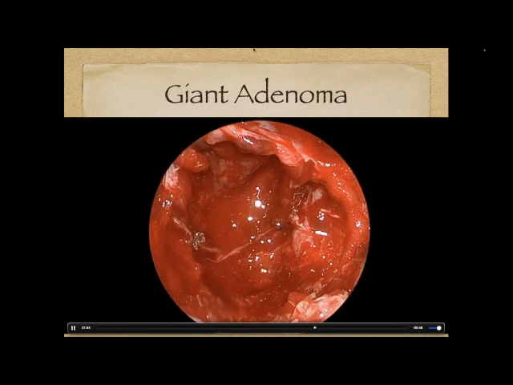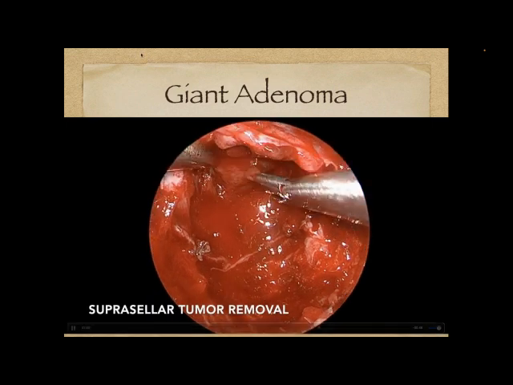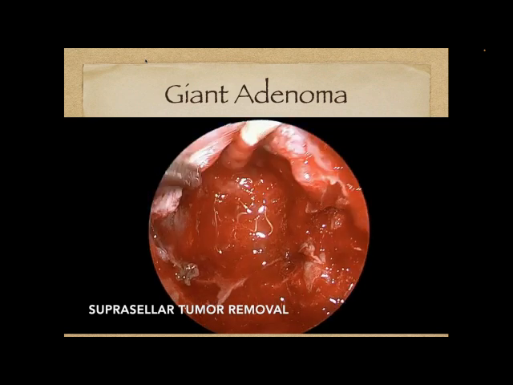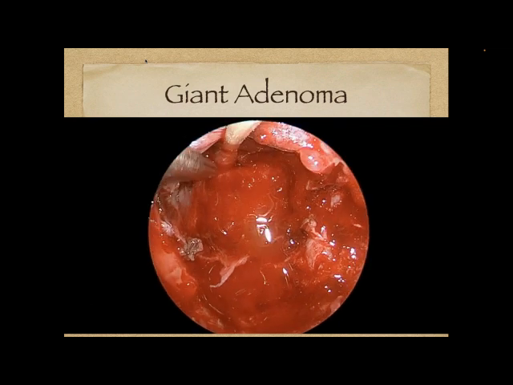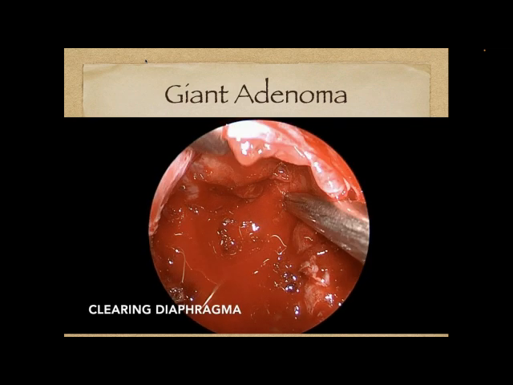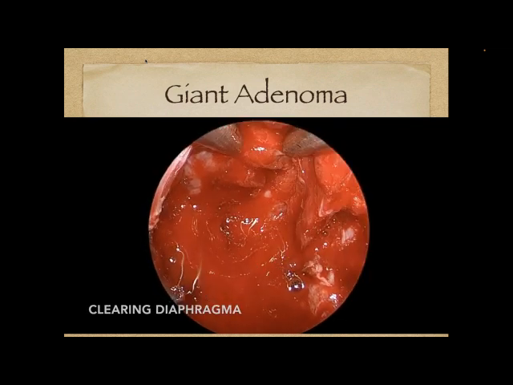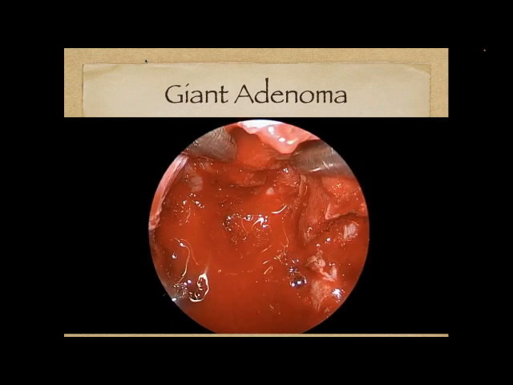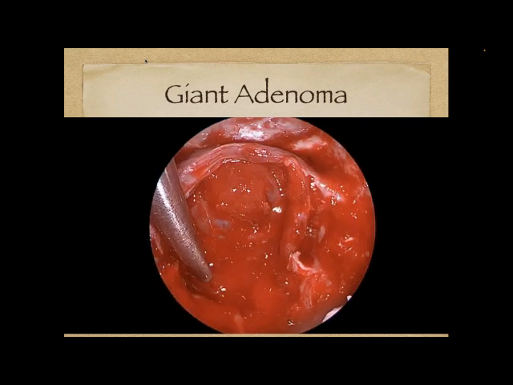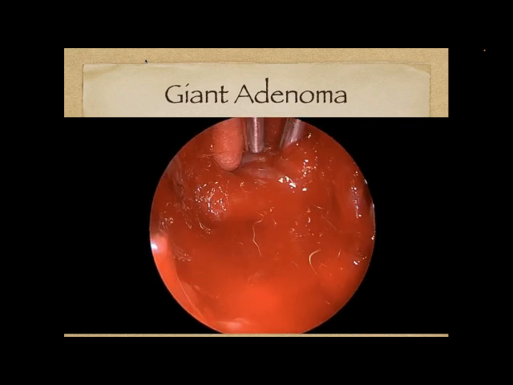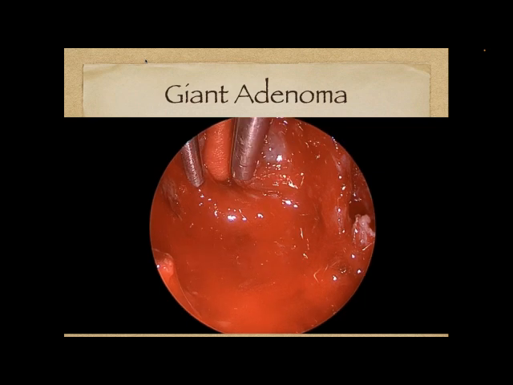And then here we can see the tumor up above, where it's extending up above the sella. So we look with 0 and even angled endoscopes to look up and make sure we get a complete removal of that area. And many of these tumors are quite soft until they start to grow into that cavernous sinus area. So we can use suctions, and that's just a little cotton tip that we're using to dissect through there.